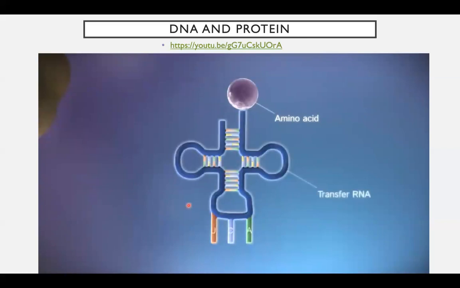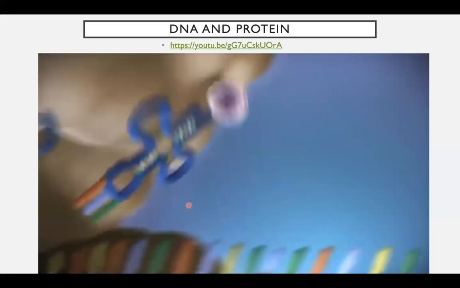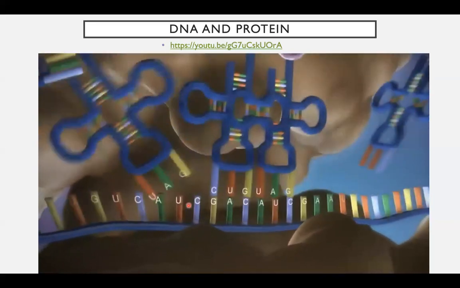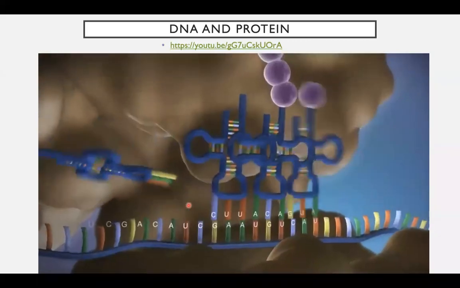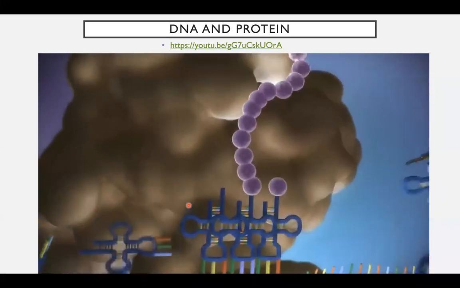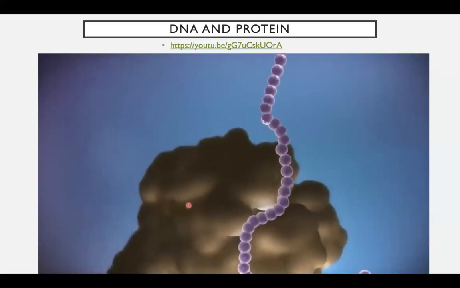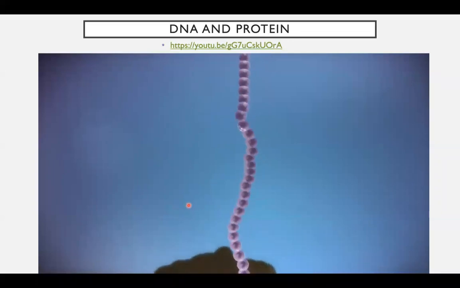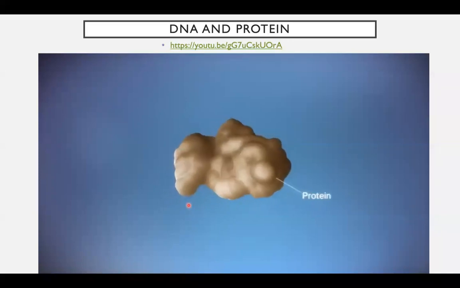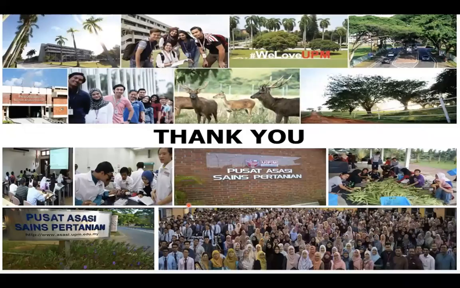Transfer RNA molecules carry the amino acids to the ribosome. The messenger RNA is read 3 bases at a time. As each triplet is read, a transfer RNA delivers the corresponding amino acid. This is added to a growing chain of amino acids. Once the last amino acid has been added, the chain folds into a complex 3D shape to form the protein. Okay, so